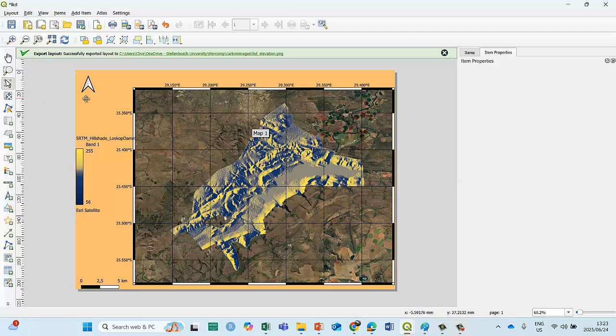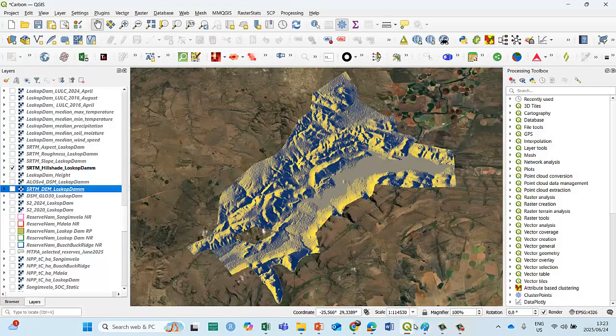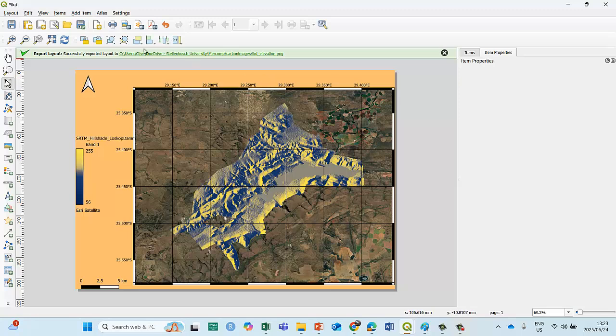And so as long as you keep this open, whatever you do in QGIS will run straight into your canvas, and from the canvas, if you're still happy with everything, you just save it. And then from there, you can obviously copy and paste it into your presentation, into your report, wherever you want. And this looks much more professional than just copying and pasting the actual image straight from QGIS.